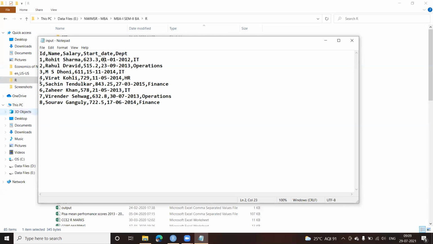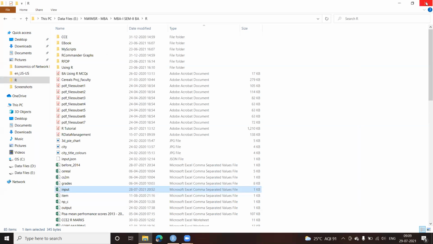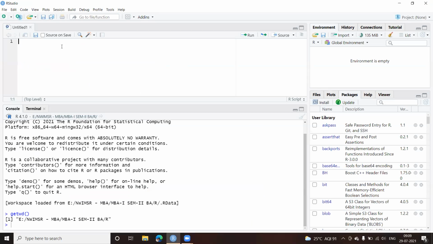Okay, so this is my record. So I have 8 records. Let me close this file, come back to my program. And here I will just write the first statement. Let me put a comment, read CSV file. Okay, file called input.csv. So to read it, I'll first of all put data